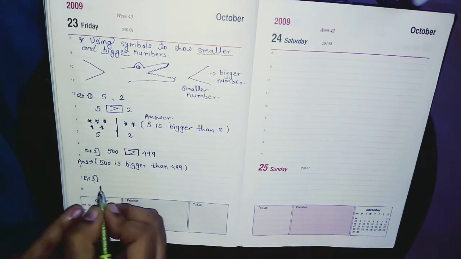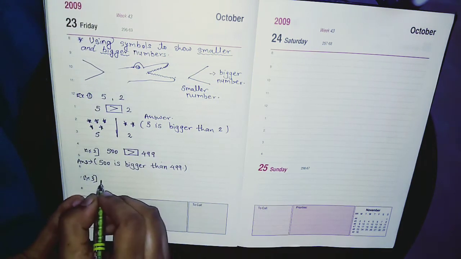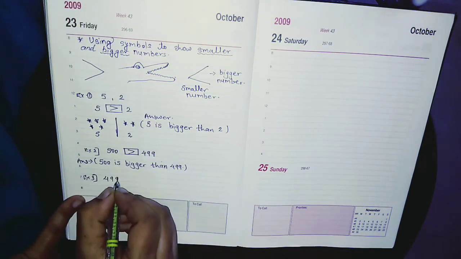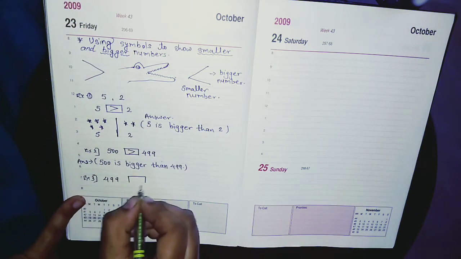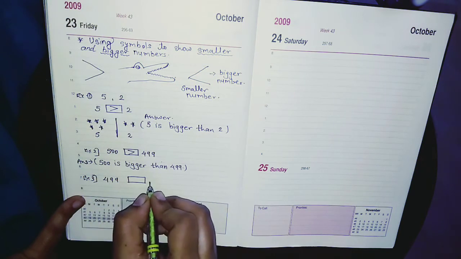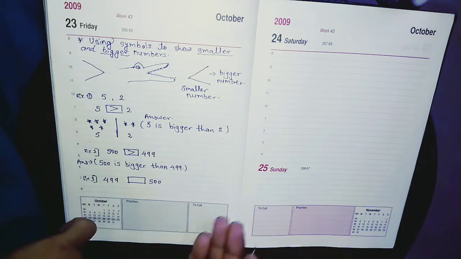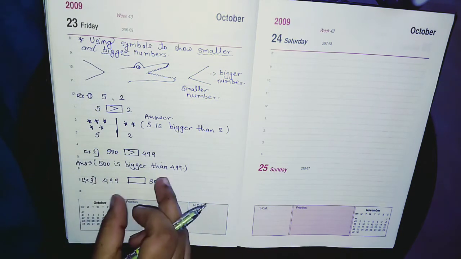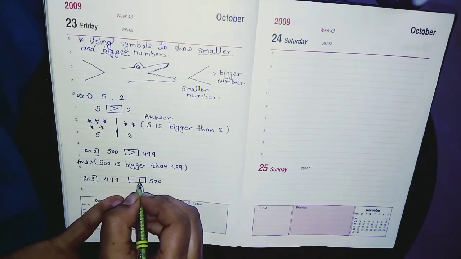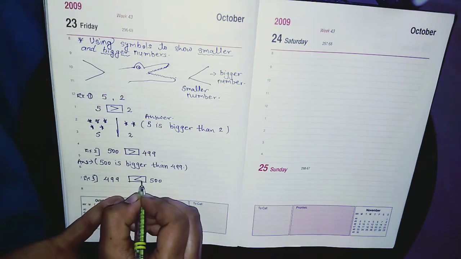Now, example number 3. Now, we will switch the numbers. Same example, 499, box in between, and 500 over here. How will you do it now? 500 is at this side. That means we have to show that 500 is a bigger number and 499 is a smaller number. So wide open mouth will be towards 500 and the closed end of the alligator mouth should be here